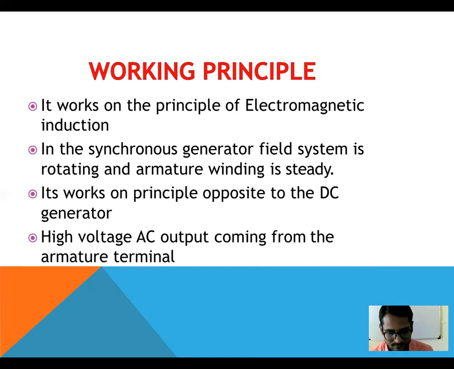In case of the synchronous motor, it converts electrical energy into mechanical energy. Here currents flow through the stator winding and produce a rotating magnetic field at the synchronous speed Ns. Therefore Ns equals 120 f upon P. The motor is run by an auxiliary supply at a speed close to the synchronous speed, in the direction of the rotation of the stator field.